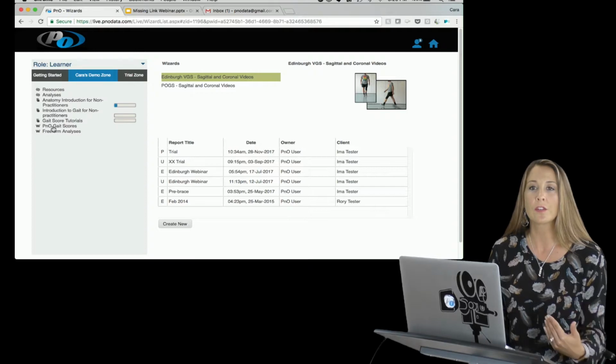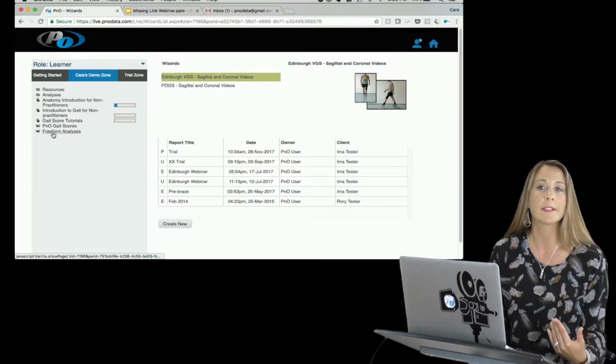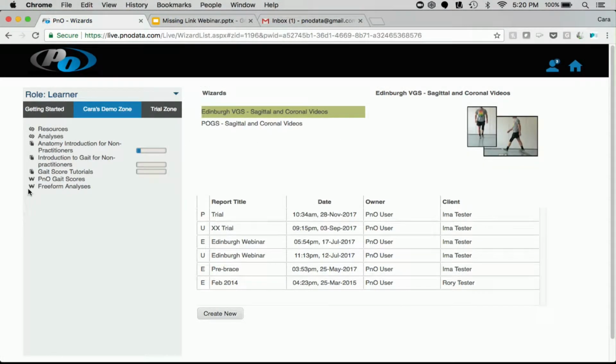There's a new feature that I'll show you, which is called Freeform Analysis. But again, the W associated with the icon next to it, that will tell you what a templated report is. It stands for wizard. It means you can do it multiple times over and over again, and you'll get new reports. So let's go to the Edinburgh webinar